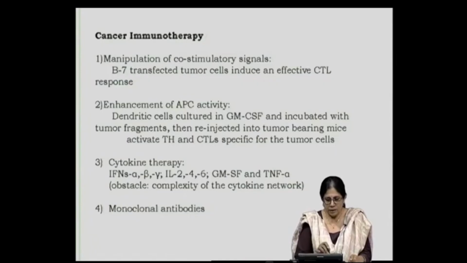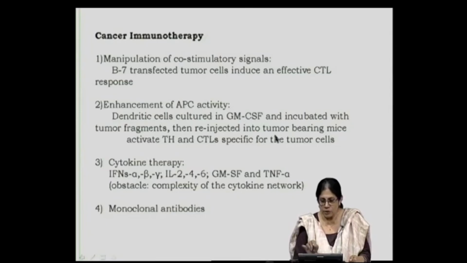So, what people have done is take the patient's dendritic cells and culture them in cytokines such as GM-CSF, granulocyte monocyte colony stimulating factor, and also incubate them with tumor fragments. Tumor fragments would have antigens which are now taken up by the dendritic cells, then re-injected into tumor bearing